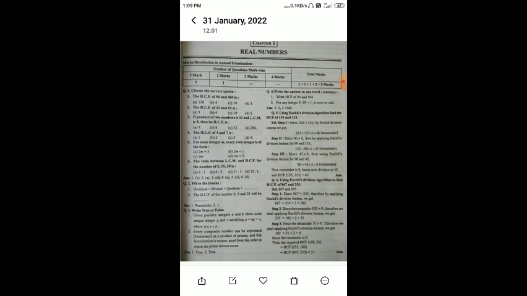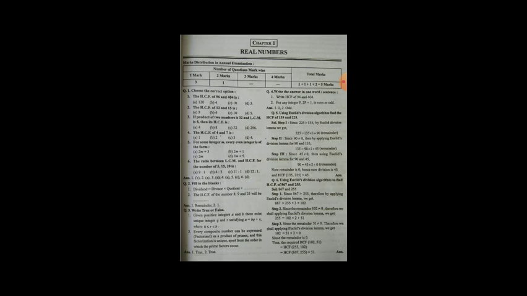In option B, will 4 come in the table of 96 and 404 or not? Yes, 4 will come, so it will remain as a live option. It will be a possible option. Option C, will 10 come in the table of 96 and 404? No, so C, that is 10, will be eliminated. Will 3 come in the table of 96 and 404? Yes, so the possible options are B and D.